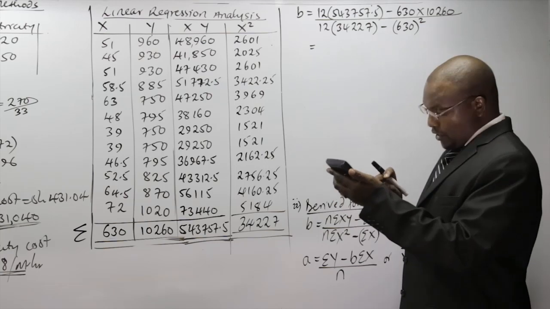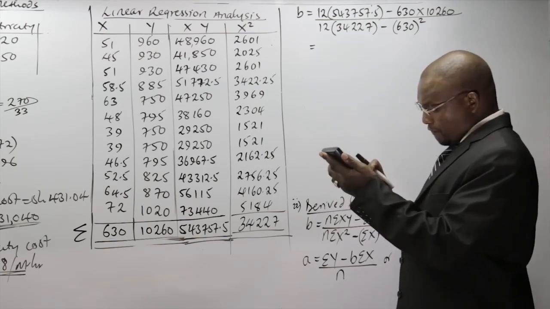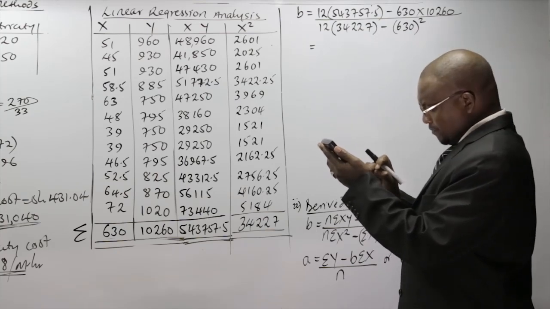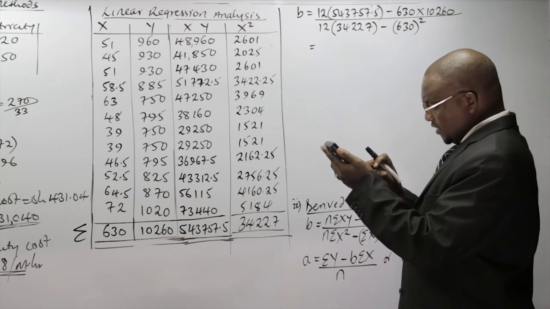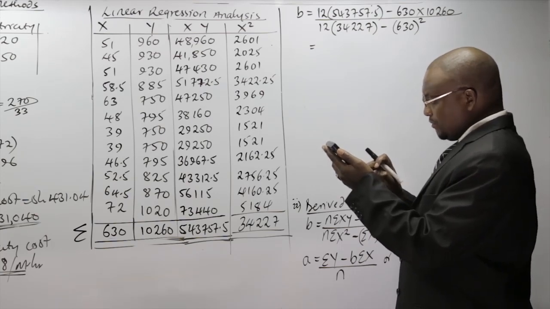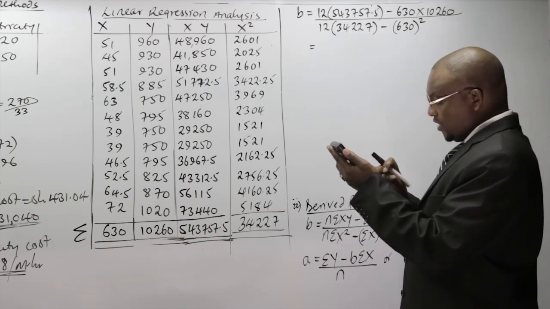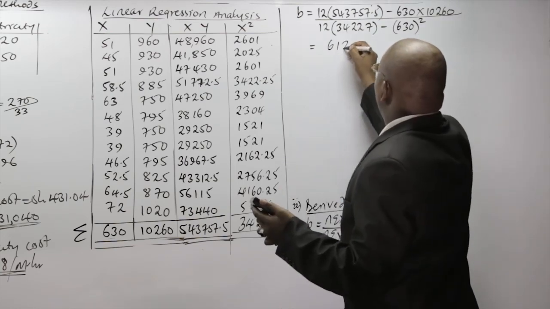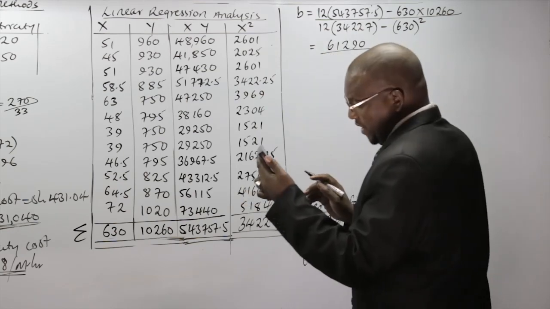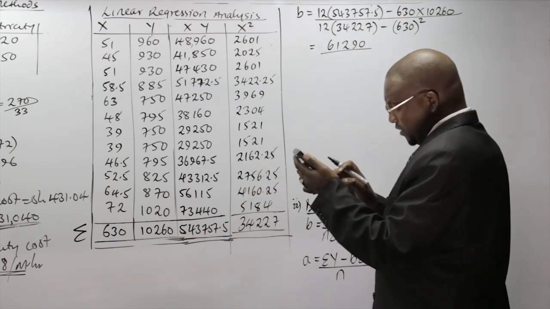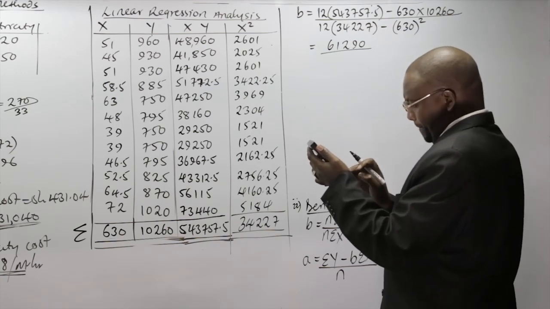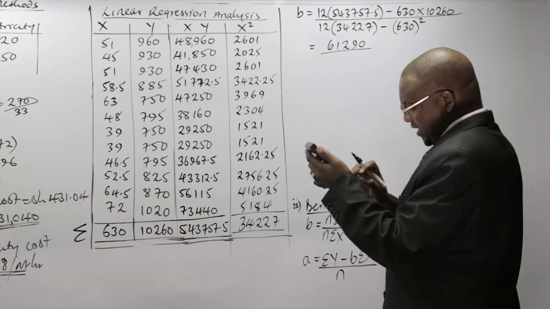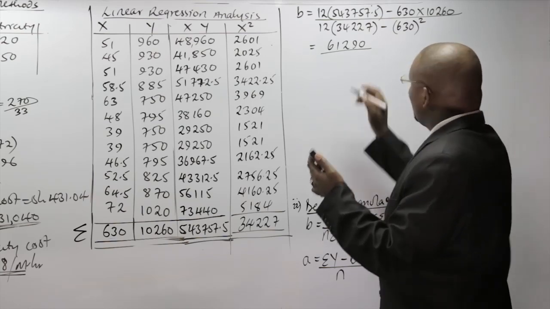On the numerator, you can have 12 times 5,437.5. Then you subtract 630 times 10,260. This is going to give me 61,290. When you divide by, we have 12 times 34,227 minus 630 squared. This will give me